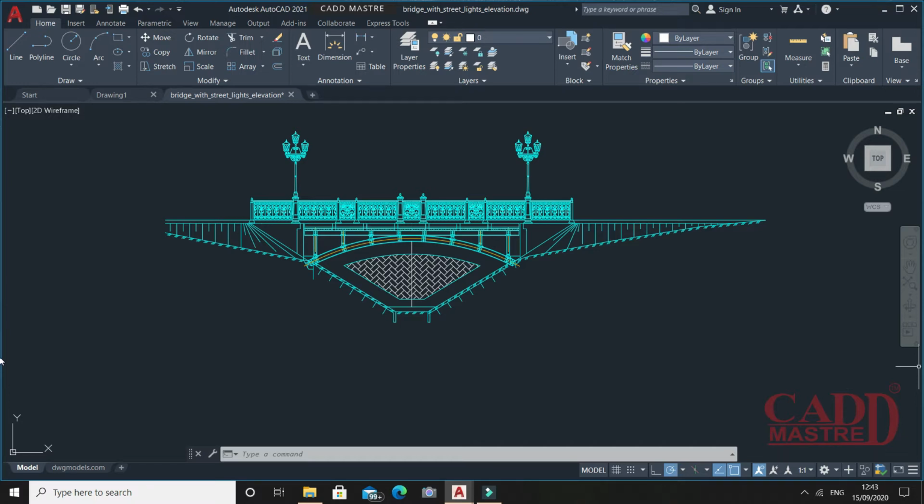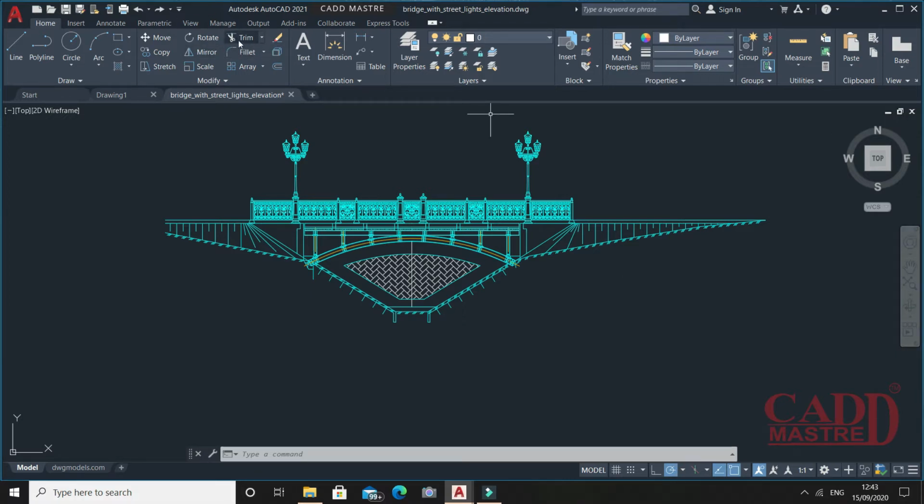In the previous version, we had to select the cutting edge first to trim the object. But AutoCAD 2021 comes with a new enhancement called Quick under the trim command. You just have to move the cursor over the object which you want to trim. Just drag the cursor over the object. It works like a fence. But now we don't need to use the fence option.